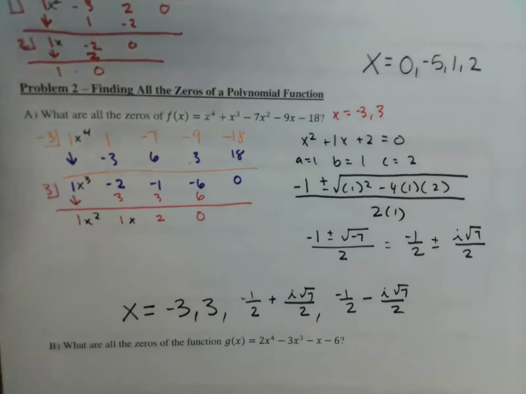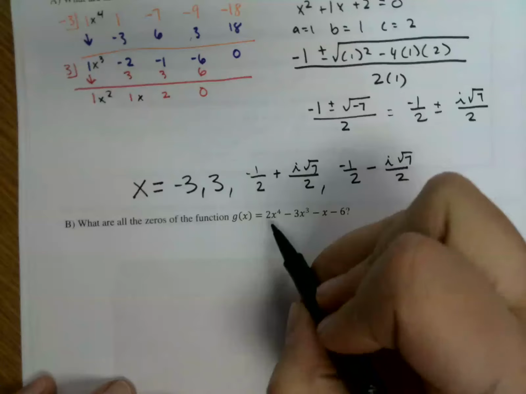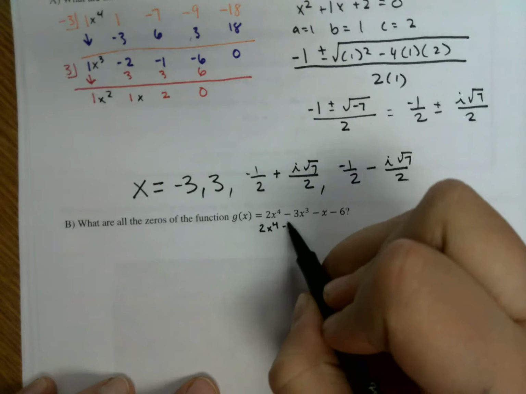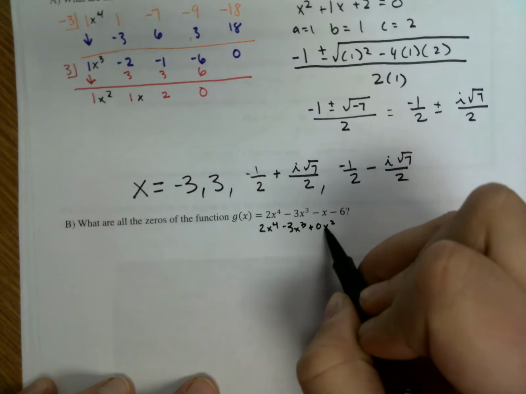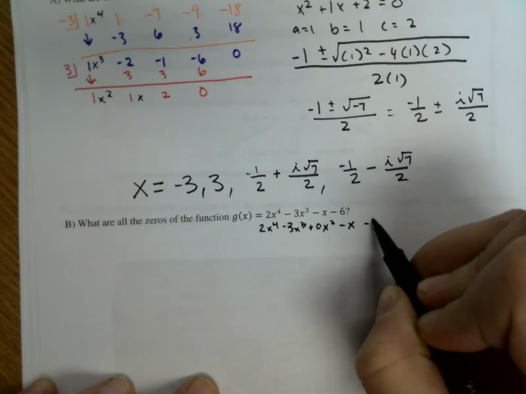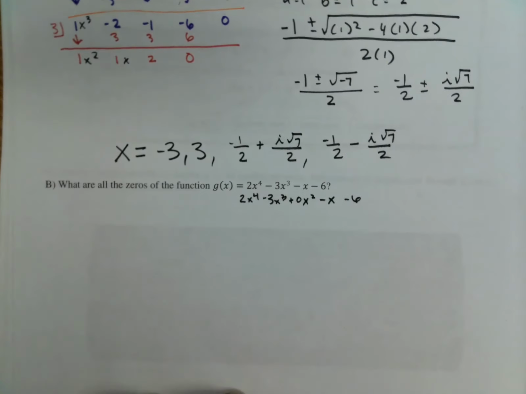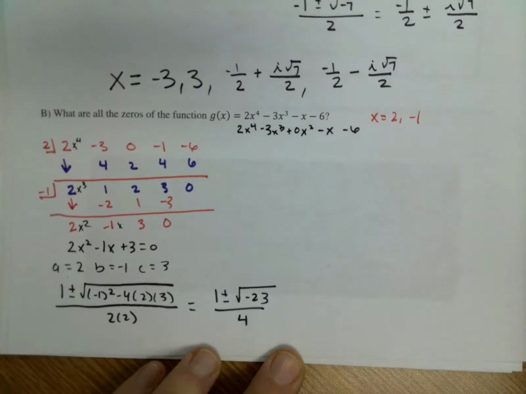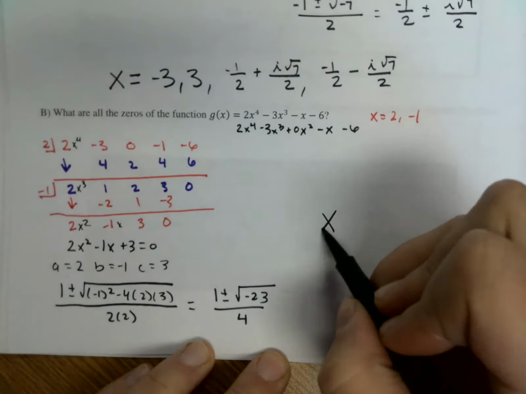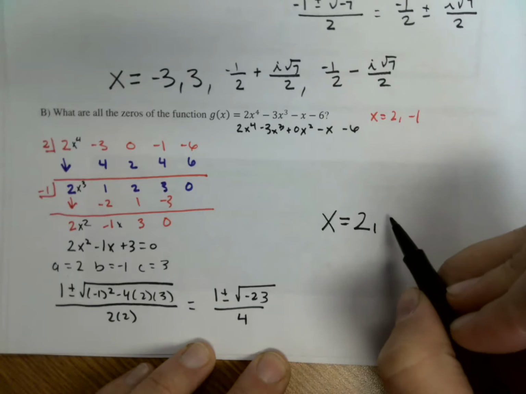I want you to try to do the last one by yourself, making sure when you synthetically divide, this is like saying plus 0x squared. You do not have the x squared there, so when you synthetically divide from your calculator first, and then check your answer with mine. So your overall answer should be x equals, you should have gotten 2 and negative 1